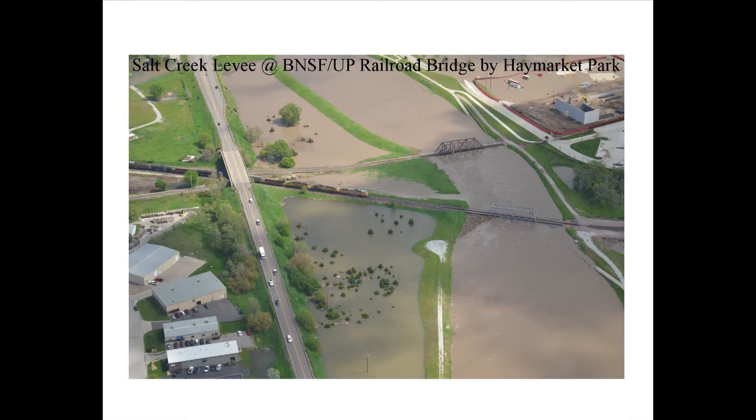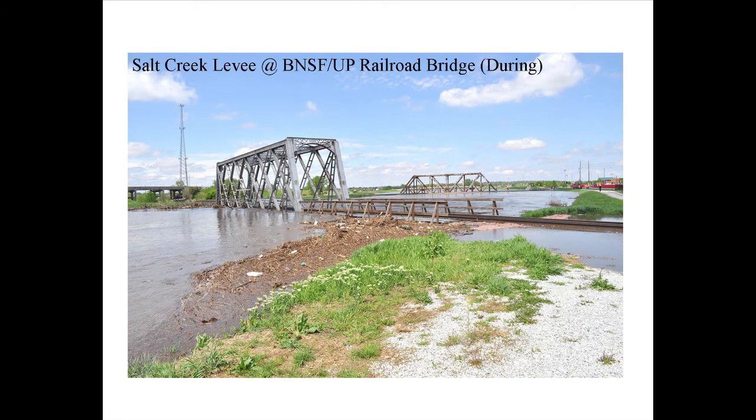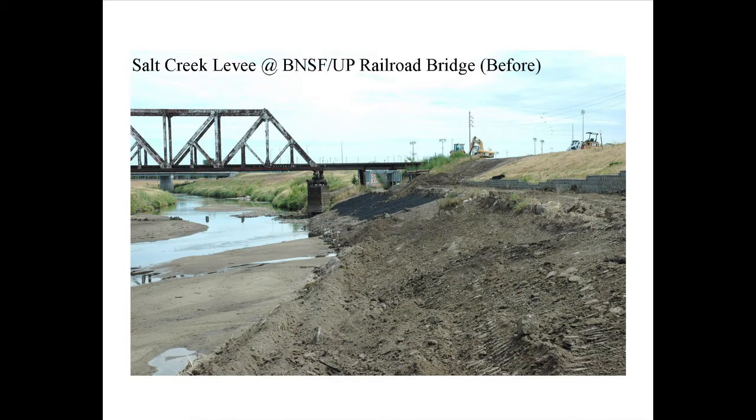Automobile traffic wasn't the only transportation that was hindered by the flooding. In this picture you can see the Burlington Northern and Union Pacific trains that ended up having to back away versus going over the flooded creek and their bridge. Here is a ground shot of that same bridge over Salt Creek that Burlington Northern and Union Pacific used during the flood event. That same bridge is shown here under normal conditions to give you some idea of the normal